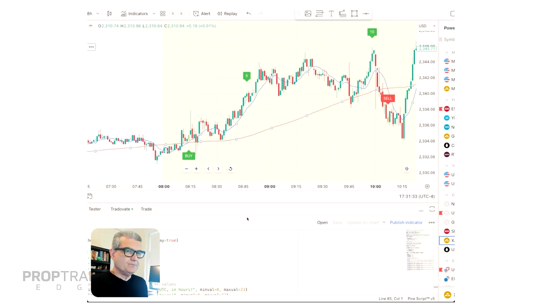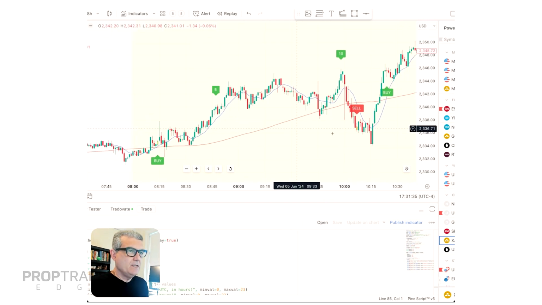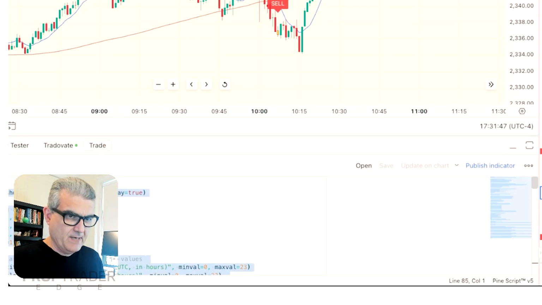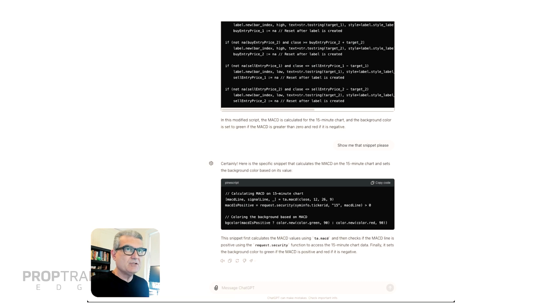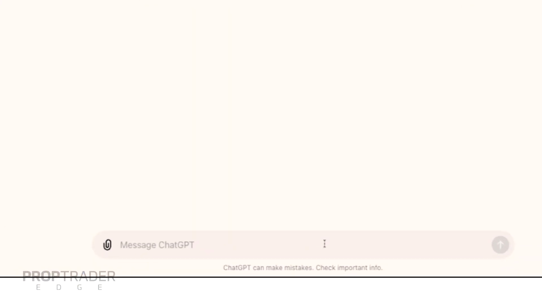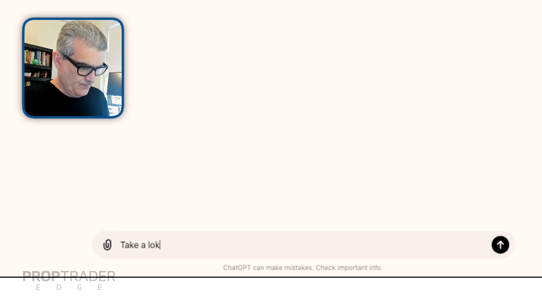Okay, cool. So here we are in the original Gold Trader code. I've simply taken the code from over here. You click these brackets and you'll see the code itself. I've copied the code. I'm going to go to my ChatGPT and start a new ChatGPT conversation. I'm going to say to ChatGPT, take a look at this Pine script code,